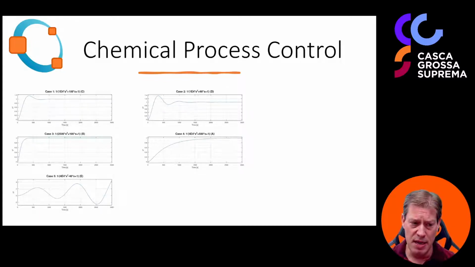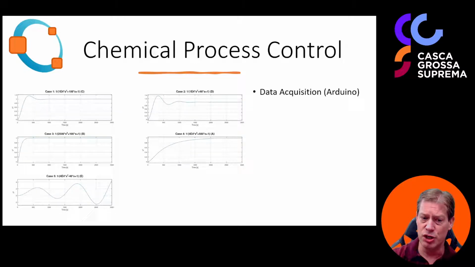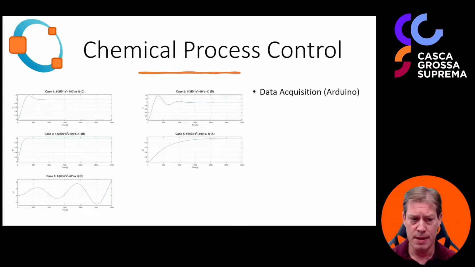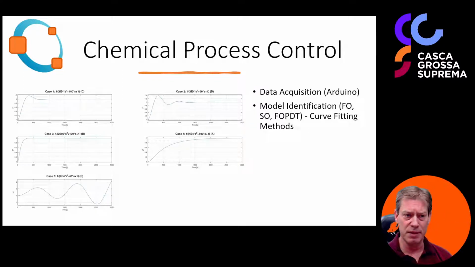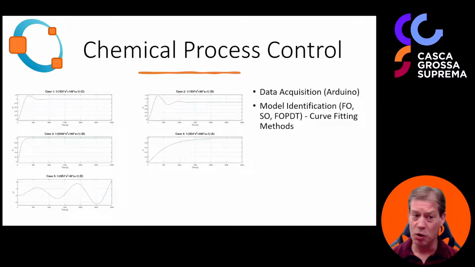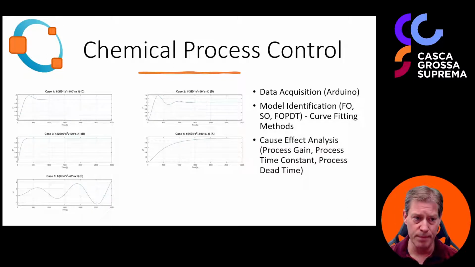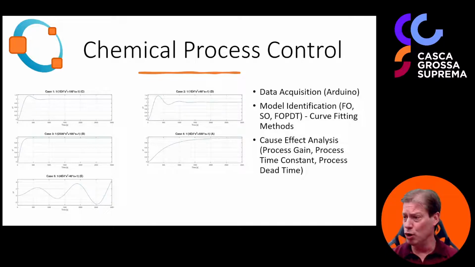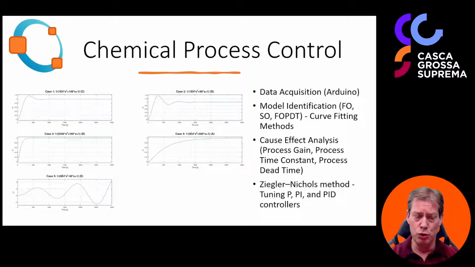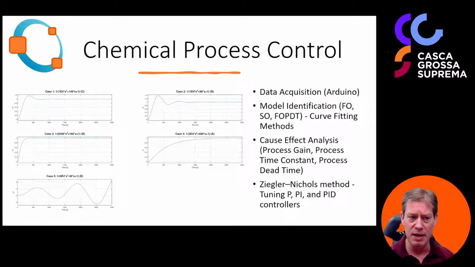We start here with the data acquisition using Arduino or ESP32, an open hardware, and then make the model identification, first order, second order, or first order with dead time, and also curve fitting with Octave, and then start to make some cause-effect analysis, simulating a lot of processes, taking a look at what happens if you change the process gain, the process time constant, the process dead time, and not have only one result, but a lot of results, and this could help to better understand the PID controllers,